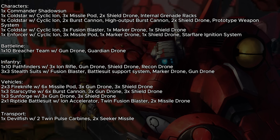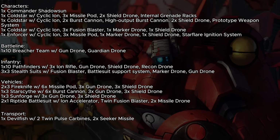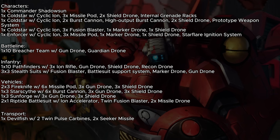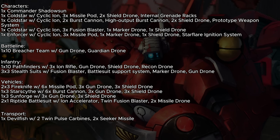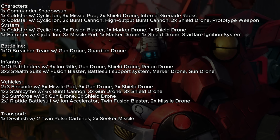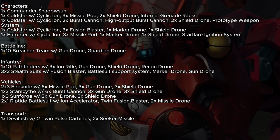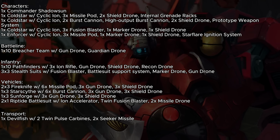As we finally get to 2,000 points, we have enough points to work with to make 3 Commander Coldstars, and you can see the loadouts here. The Burst Cannon with High-Output Burst Cannon and Cyclic Ion Commander is going to be getting a prototype weapon system, and he's going to be going with the Star Sights so that he can be a very incredible, dedicated anti-infantry killing unit. The Fire Knife is still going to be run with the Missile Pod Enforcer and the Missile